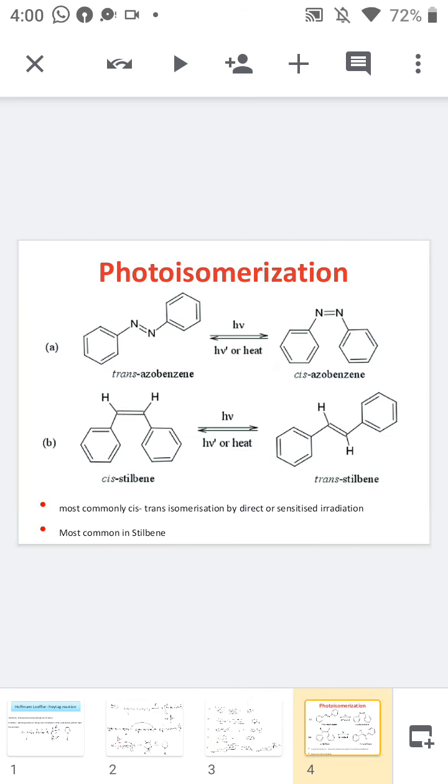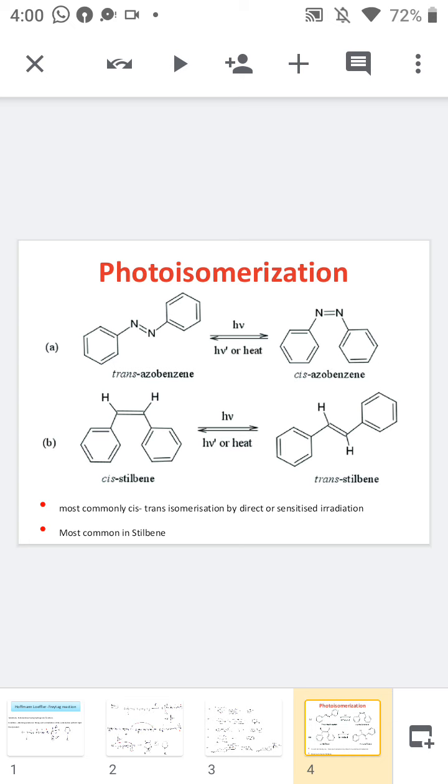Now we are moving into the next topic, that is photoisomerization. Photoisomerization means the cis-trans isomerism of the alkene is possible in the presence of light. So first is the photoisomerization. It usually occurs in stilbene, and we know that the trans